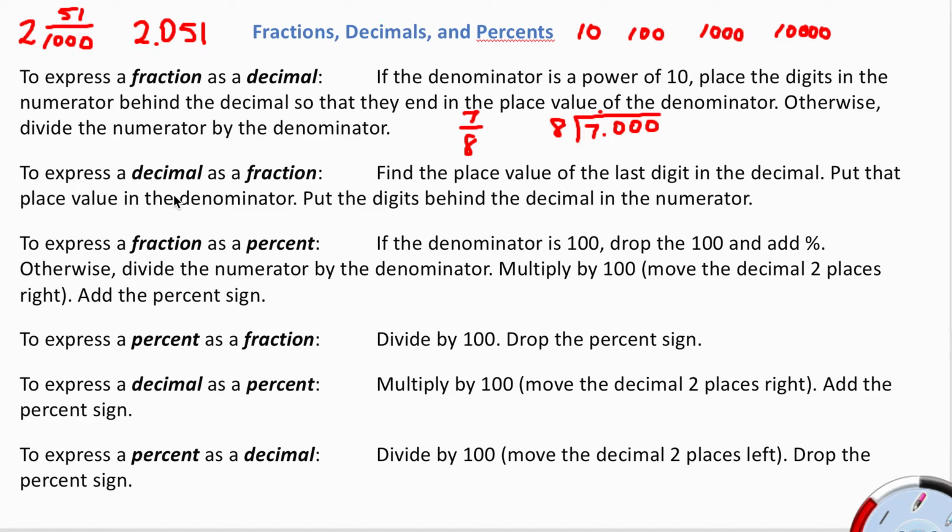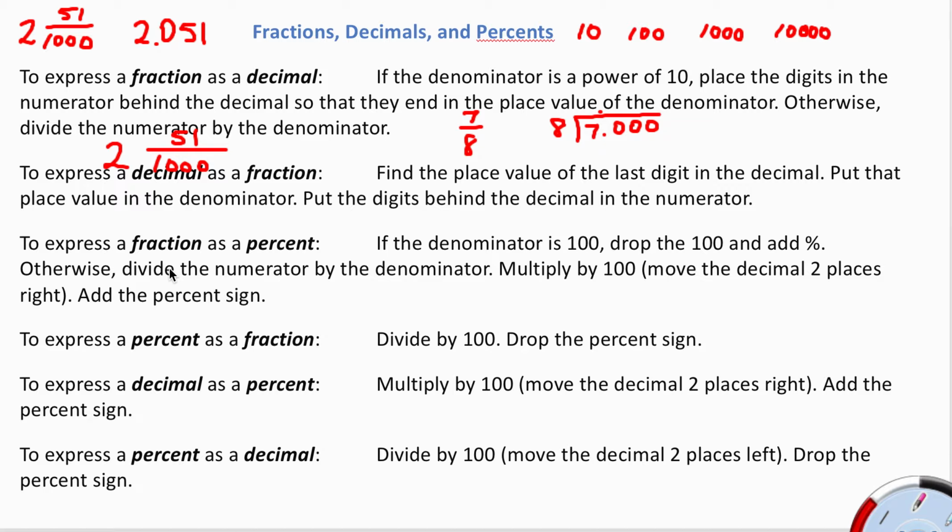To express a decimal as a fraction, find the place value of the last digit in the decimal. So this time we're going backwards. Put that place value in the denominator, and put the digits behind the decimal in the numerator. So for example, if we started with 2.051 and we wanted to make it into a fraction, then the whole number we know is 2, but this would be tenths, hundredths, thousandths, or in other words, I need 3 zeros in that denominator,